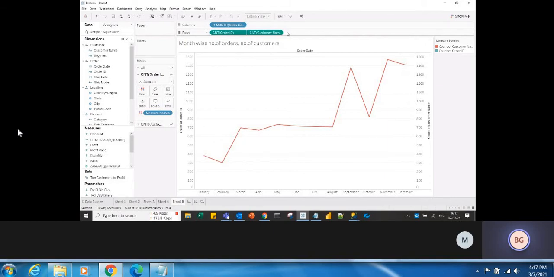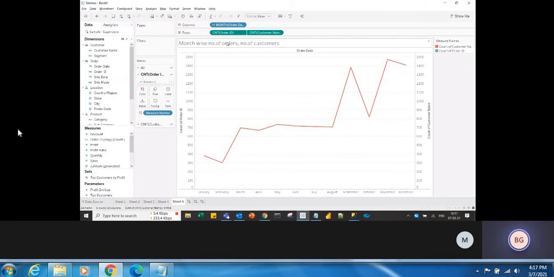Okay, so this is how you create the dual axis. This kind of problem, how we will solve it, I'll tell you. When the values are the same and it is taking the same, I'll show you. There are other tasks next, so how to handle this, we'll see that. Okay, so this is about dual axis. There are two ways to create it.